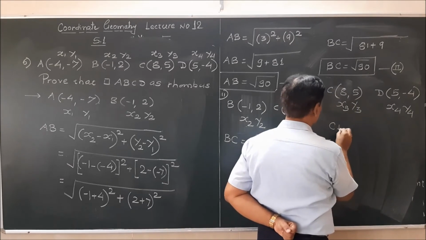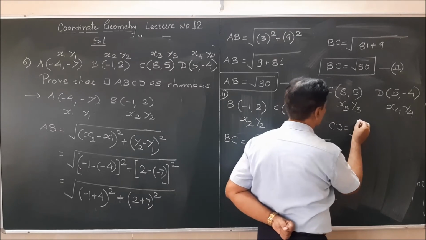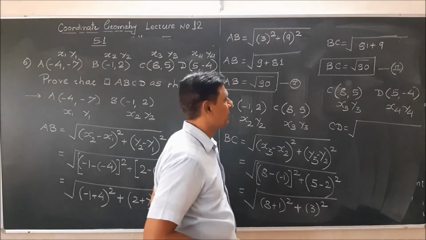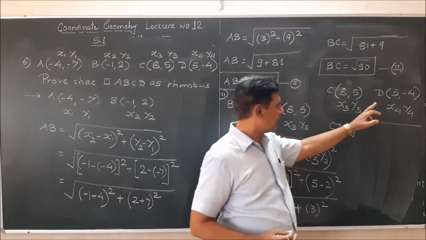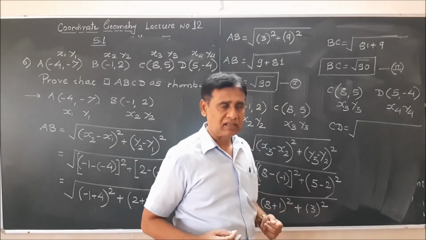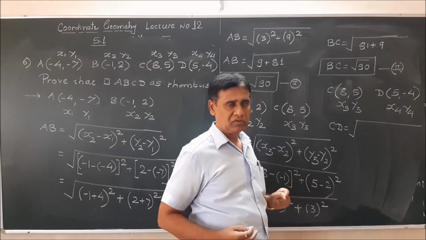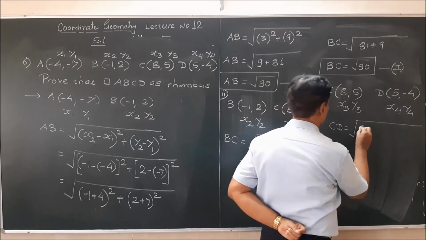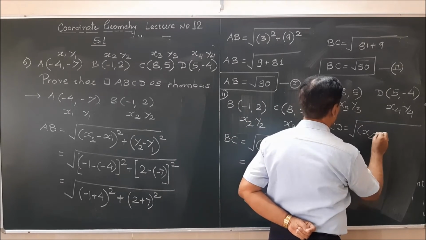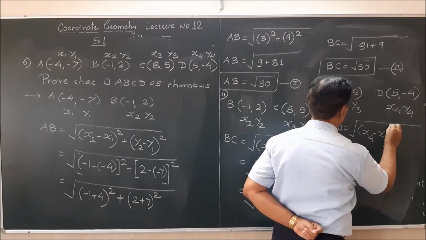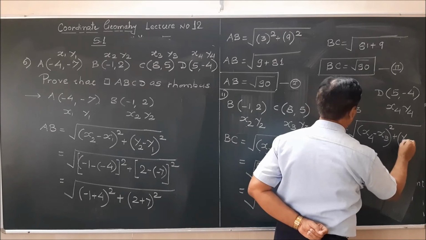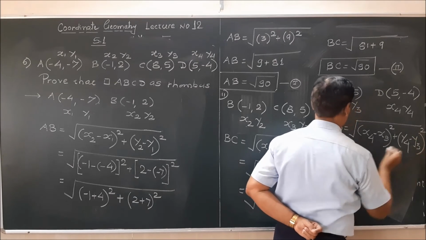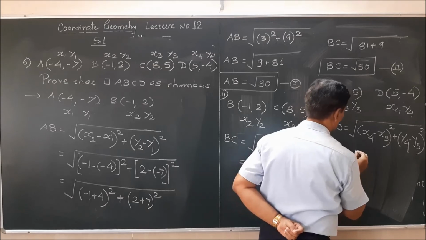You will simply find it again. CD is equal to root of the distance formula only. Now the second point is D, having the coordinates x4, y4. So x4 minus x3 the whole square plus y4 minus y3 the whole square. That is equal to root of